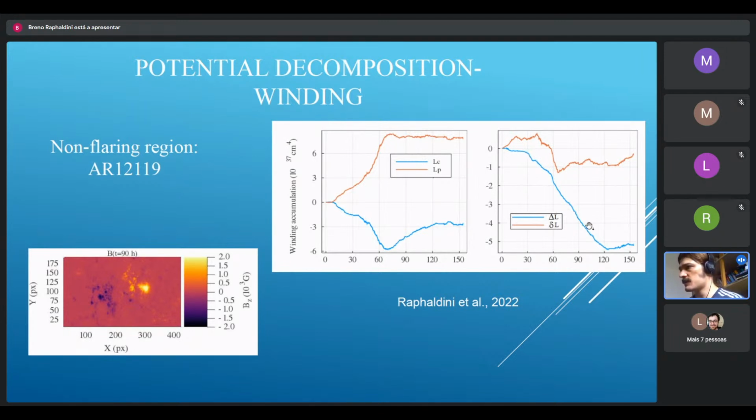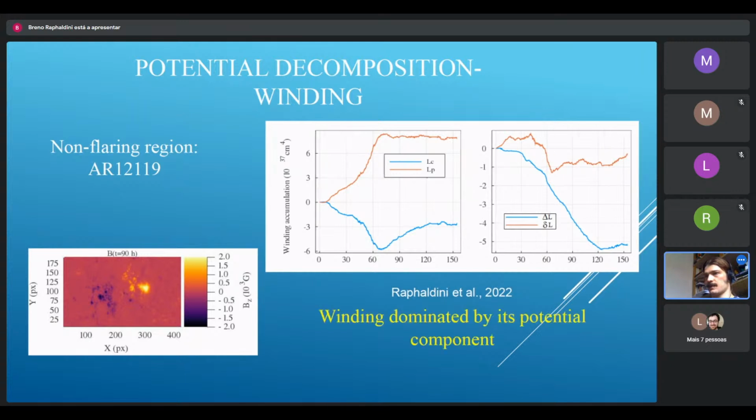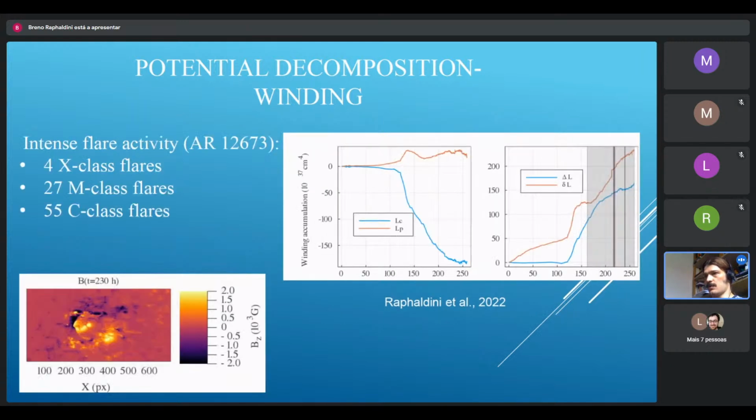Here we see that it's actually being dominated by the potential part, where you take the difference between the current carrying part and the potential part. So we apply this for another case of an active region that is very prolific in terms of the number